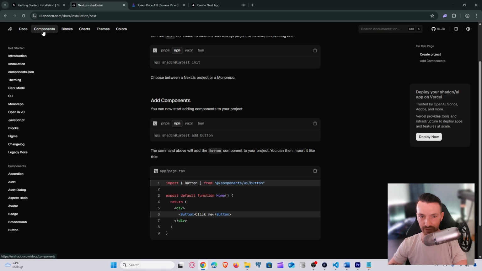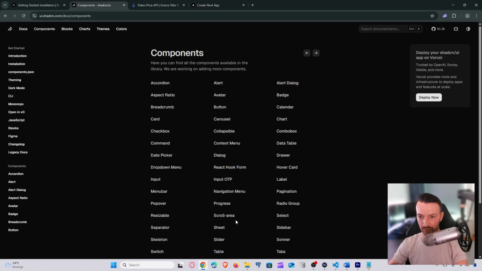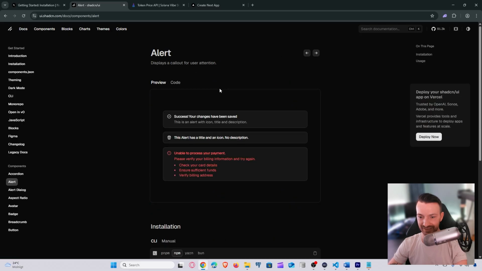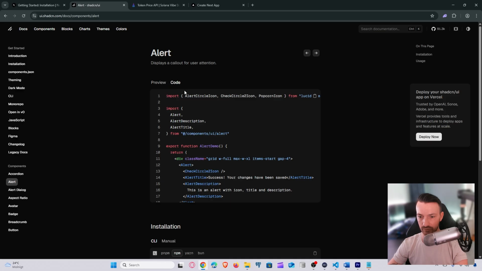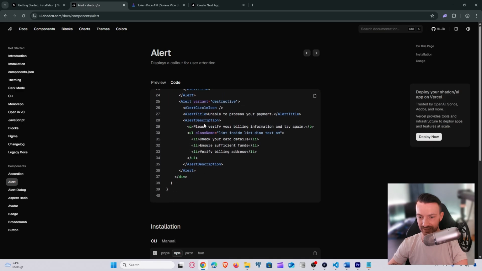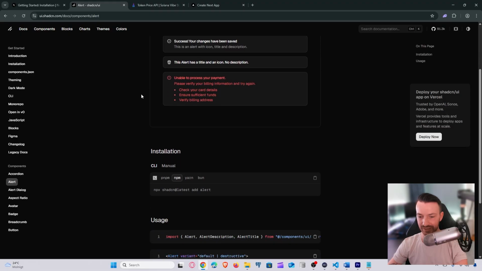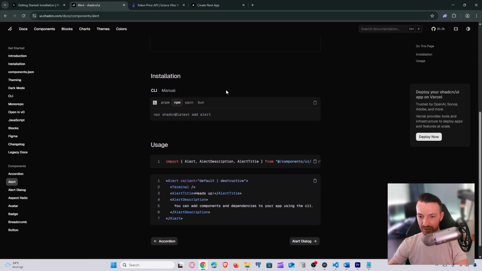And we can have a quick look at all the components available for us. For example, the alert component. This we can really easily add to our project, and I think we should test this. If we look at the code, this is how it looks. And of course you can copy all this, but as I said, we can use a command to install this